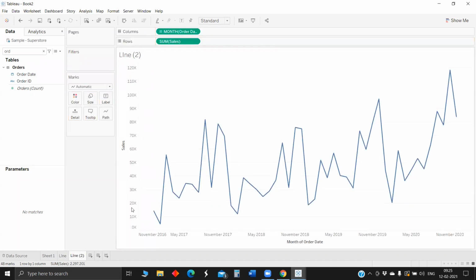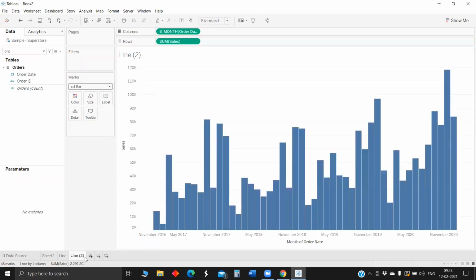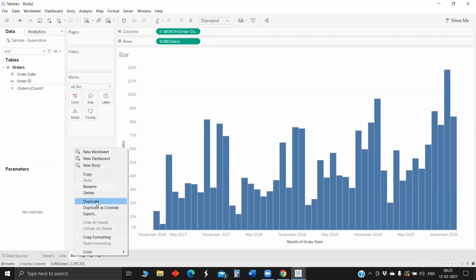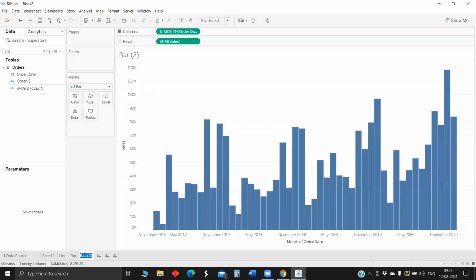Duplicate. Convert this into bar. Let me rename it as bar. Then duplicate for the map. For the map, let's drop some geographical location to detail and change it to a map.